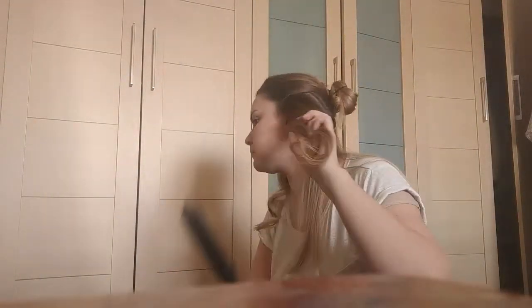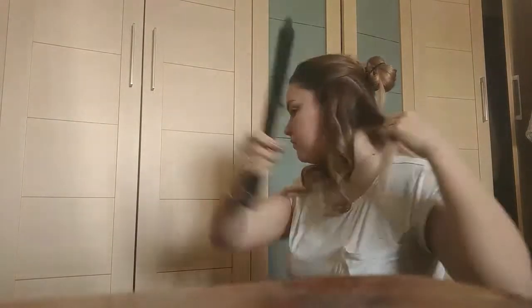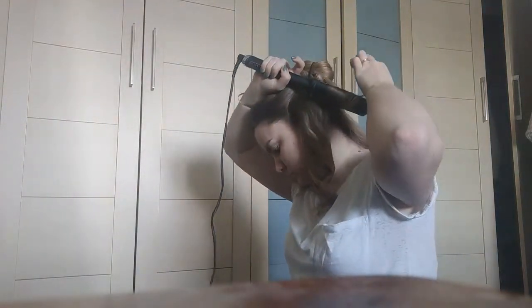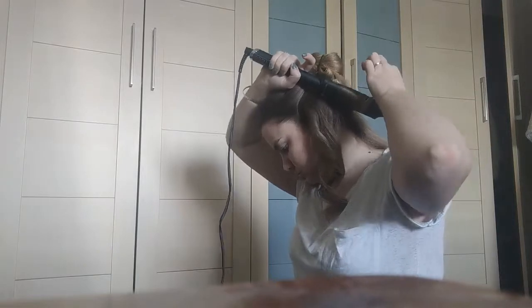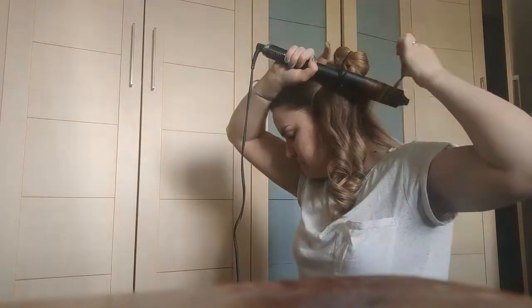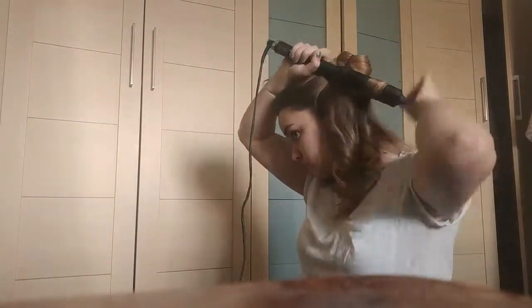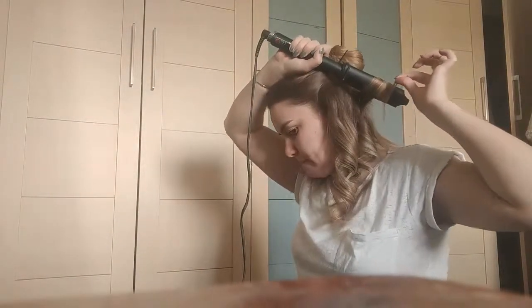Anyway, I will just do this section by section by section. I don't always take the same size section because I want things to be a little bit messy and different. I'm not a kind of smooth, tidy looking person. So I just keep doing that for that first section, and then I will take the rest of the sections of my hair and do it bit by bit, much like we did with the blow drying. And this will take me probably about 15-20 minutes to do,